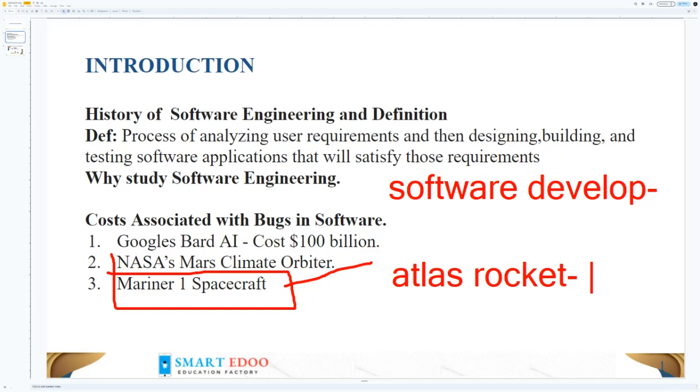And just imagine Microsoft Office. It has more than 300 million lines of code, and no one can develop that personally. So you have to collaborate with others. Collaboration is very key when it comes to software engineering.